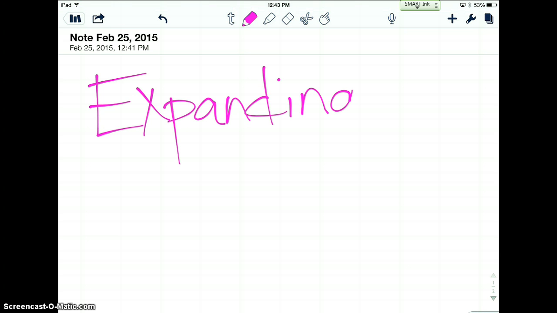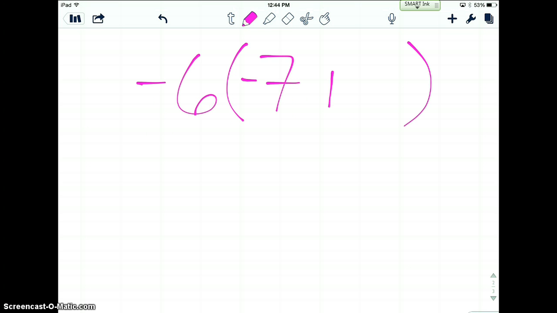So let's start out with this one, -6. So this will be an expanding one. So we have -6 times the quantity -7 plus 2y. Alright, first thing to notice in this is that if we go inside the parentheses, order of ops, and do that first,